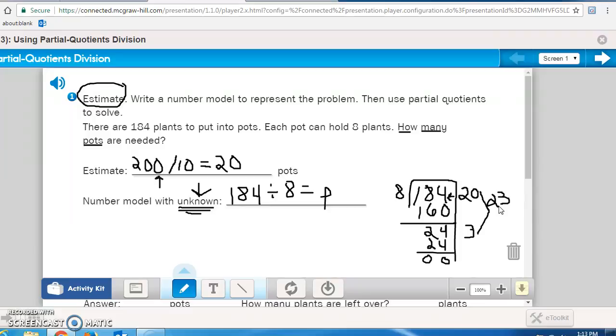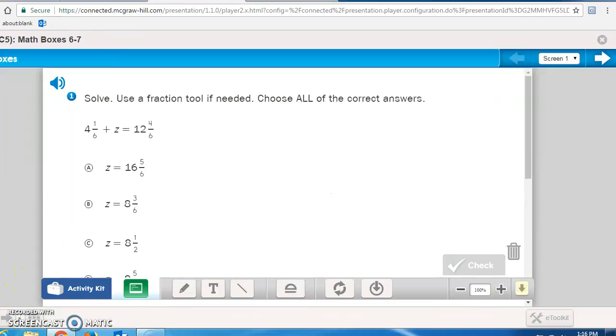Pause the recording now. Finish Math Journal page 206 and Math Journal page 207. Make sure you bring that up to me to look at, because that is an assessment check-in and I need to mark that off, proving that you know how to do these. Again, rewind this recording if you need to go over these 2 problems again to watch how it's done, or when you pause the recording, finish these 2 pages and bring them up to me to check. Once I've checked Math Journal page 206, 207 and checked off your assessment check-in, I want you to turn to